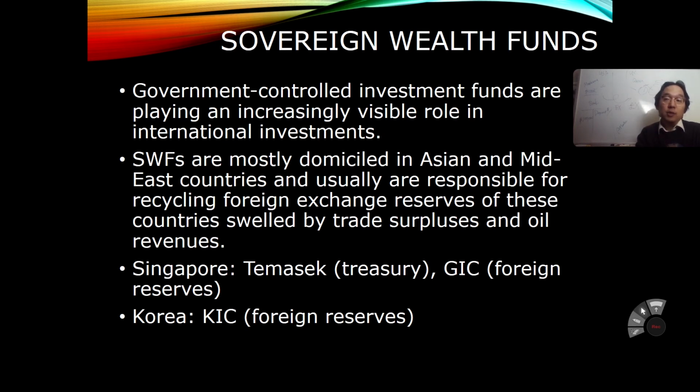Sovereign wealth fund. Well, two countries hit my mind: Singapore and Korea. Singapore has two big entities, which are Temasek and GIC. GIC is the Government Investment Corporation, and they are the ones precisely working with the foreign reserves of their country. And Temasek often appears in Korea's stock market as well. They are basically based on the Treasury. You see that difference: foreign currency reserves versus the Treasury.